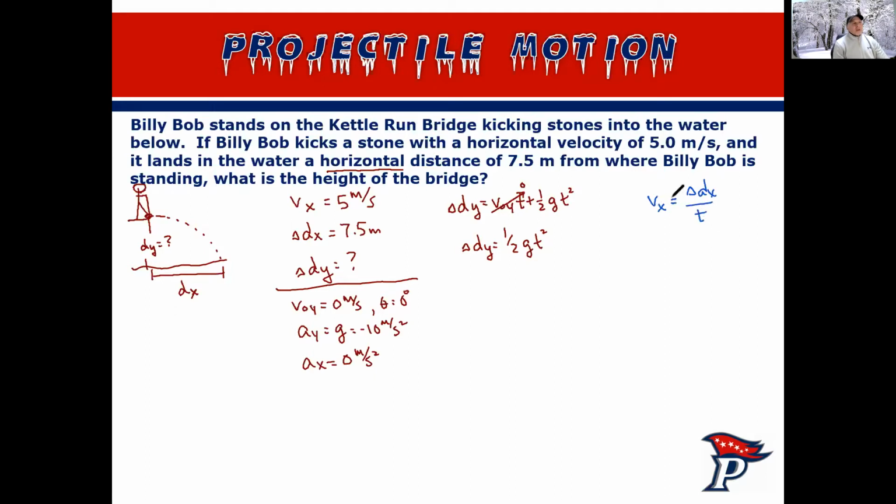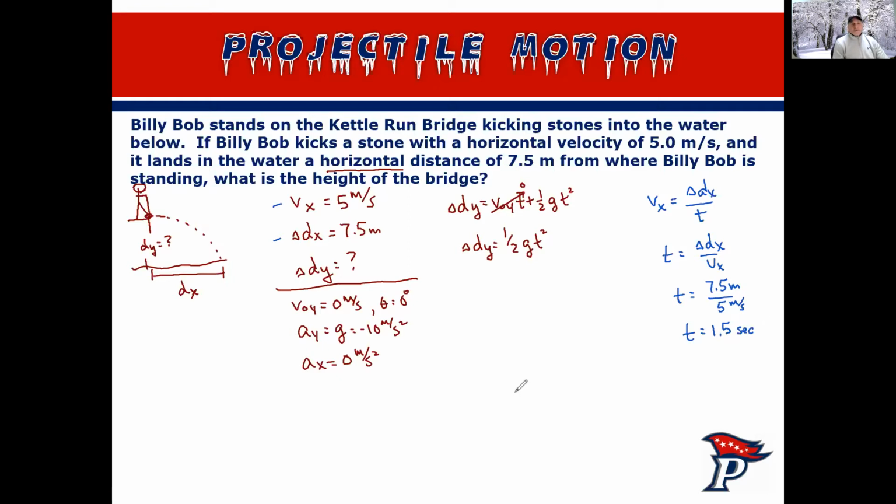To find time, we need to know these 2 values, and we know these 2 values. So I'm going to solve this for time. Right? Because I know dx is 7.5 meters. I know vx is 5 meters per second. Right? 7.5 divided by 5 is what, 1.5